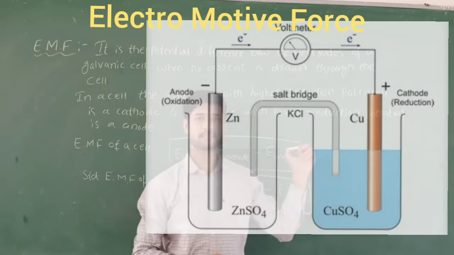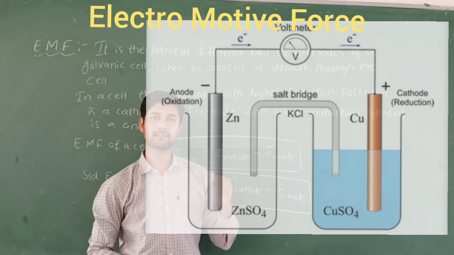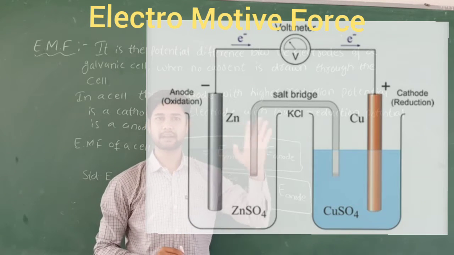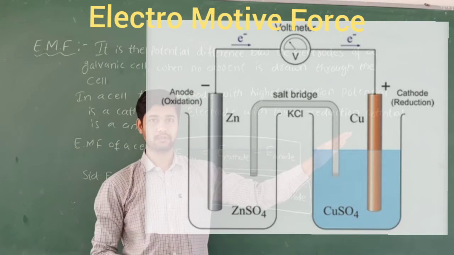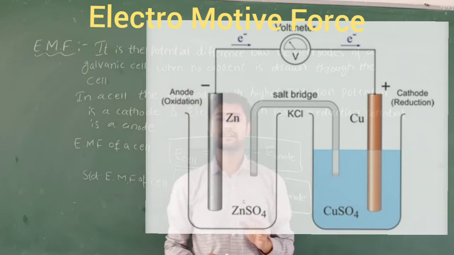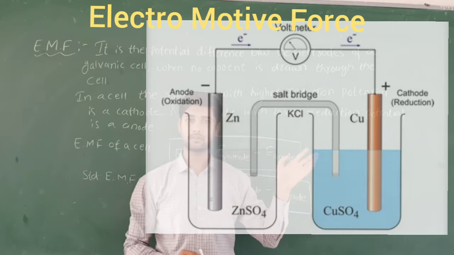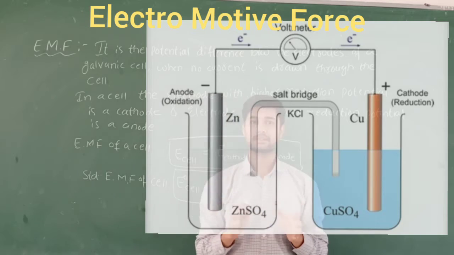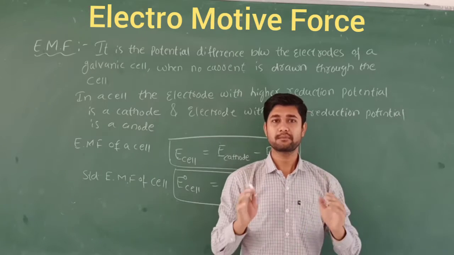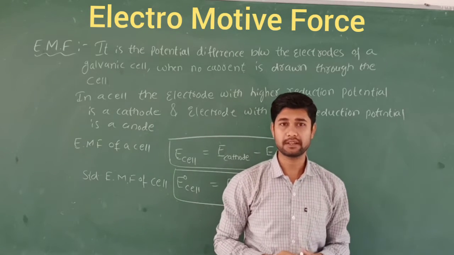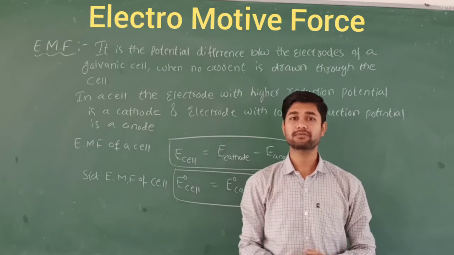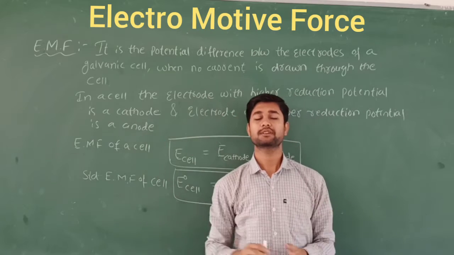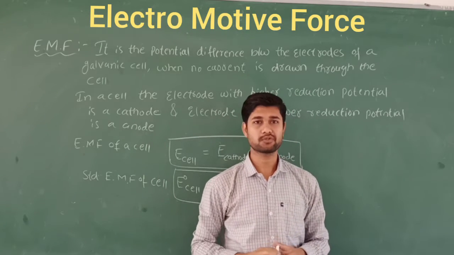We have seen this in the galvanic cell, right? So what does the galvanic cell indicate? There will be a flow of electrons, a flow of current, from anode to cathode of that galvanic cell. That indicates that the two electrodes must have a potential difference, right? So the potential difference between the two electrodes of a galvanic cell that causes the flow of the electrons or the flow of the current from one electrode to another